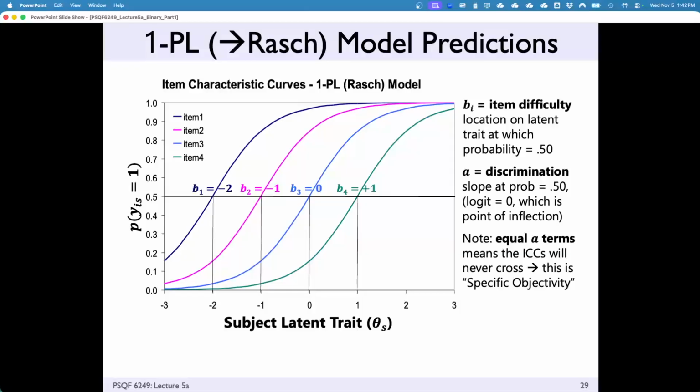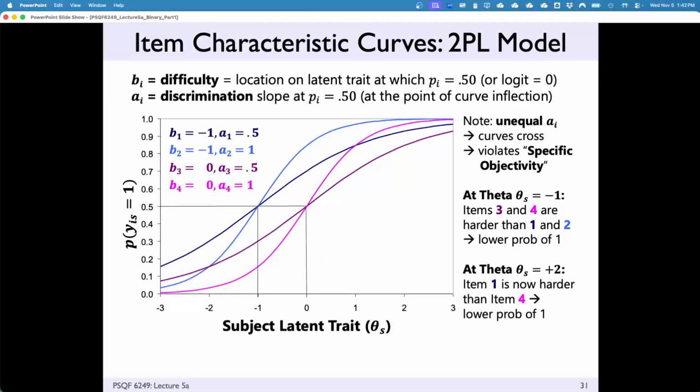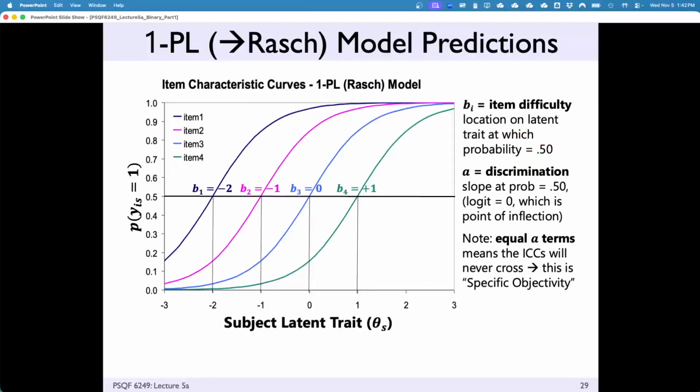Whereas if you have a 2-parameter model, if your ability is above 0, the dark purple line item is more difficult. The probability is lower, whereas the pink has a higher probability. But once you cross ability of 0, it's the reverse. This is an easier item for low ability versus a harder item for the others, which is a weird quirk. We all admit that. However, that quirk pushes a lot of people to really like the Rasch model, this 1PL model.